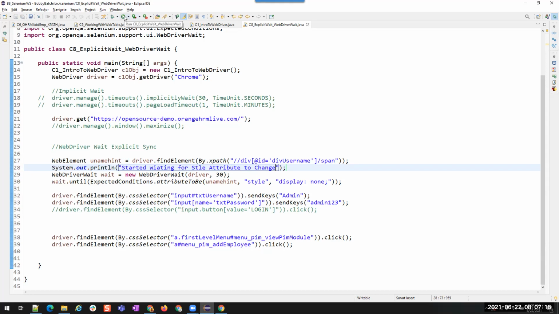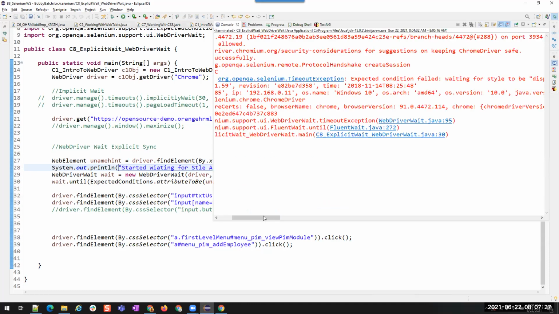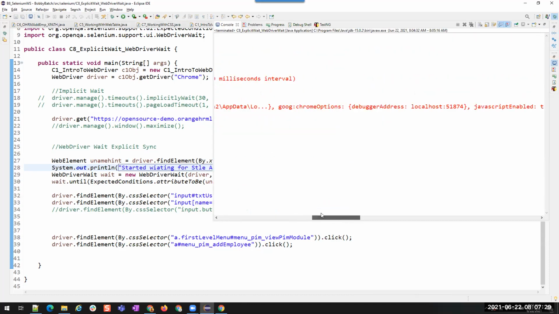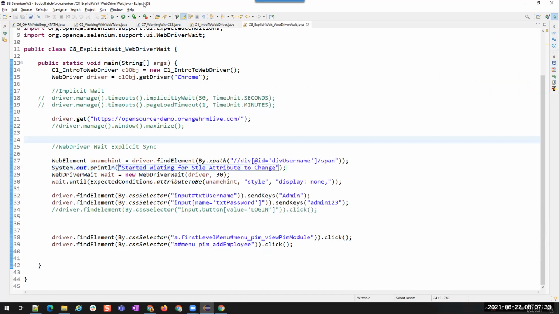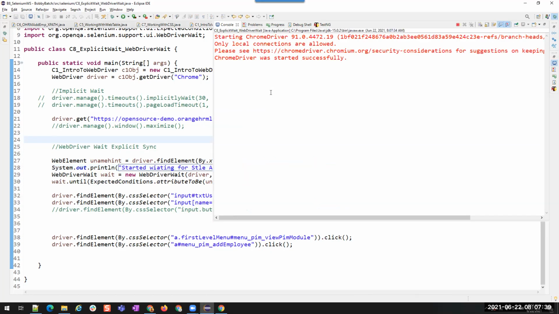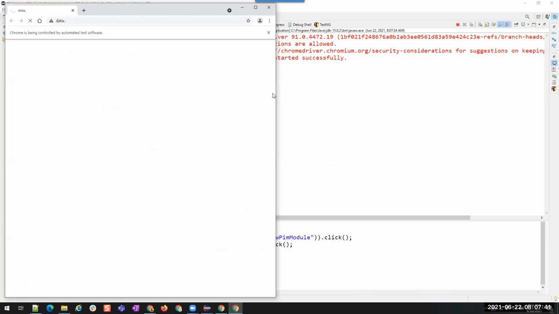Now let's see again. You observed, right? In the previous execution, it waited for 30 seconds and threw the timeout exception, and the attribute did not change, right? Okay, now let me run this again. Once I see the statement in the console, I'll click on the username so that the hint text will be gone and the next steps will be performed.